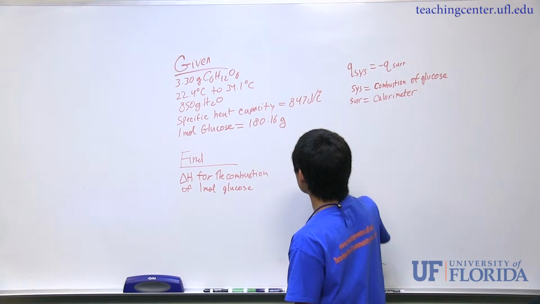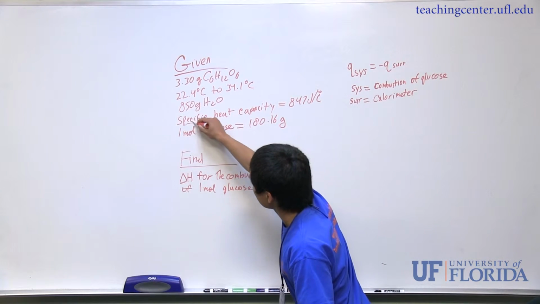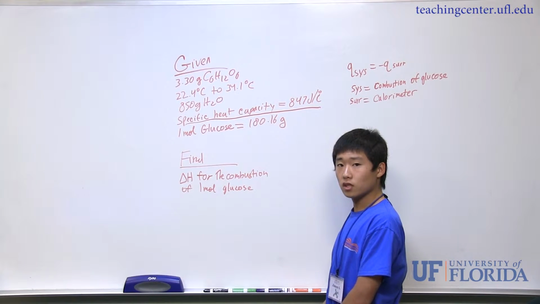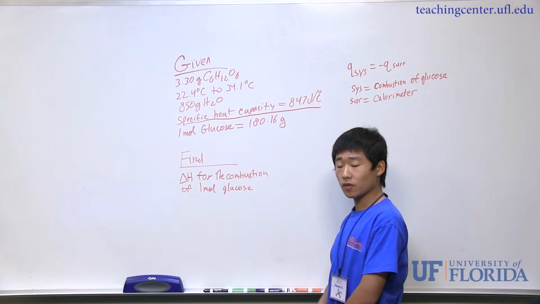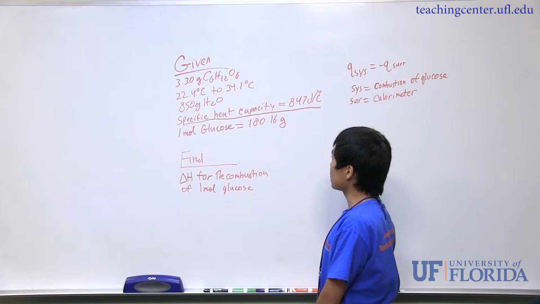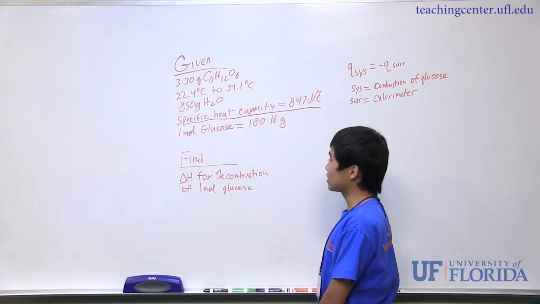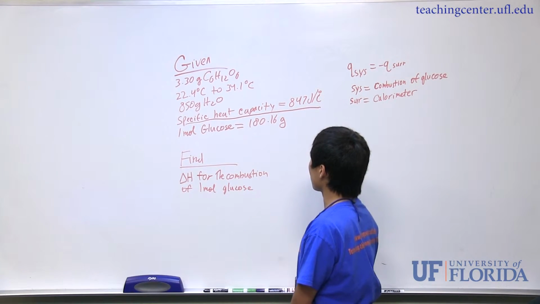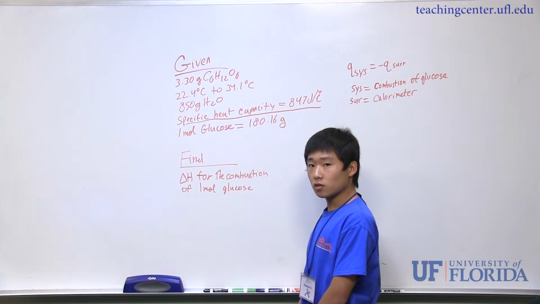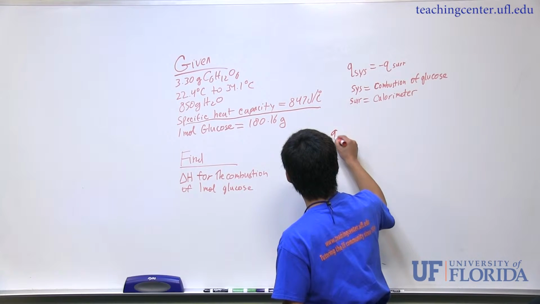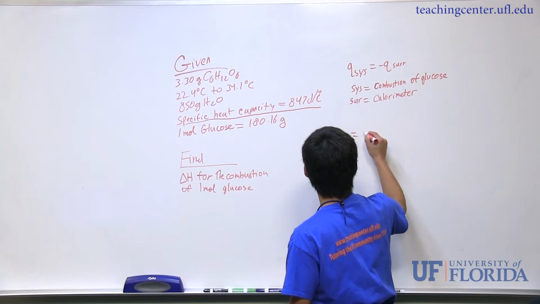That's why it's important to realize that the specific heat capacity we are given is not for the water, but for the calorimeter. Because remember, guys, the specific heat capacity of water is always 4.184. So if you see a different specific heat capacity, but water is involved and it says a bomb calorimeter, you can be certain that they're talking about the specific heat capacity of the bomb calorimeter. So in this case, we would say that Q system is going to equal negative